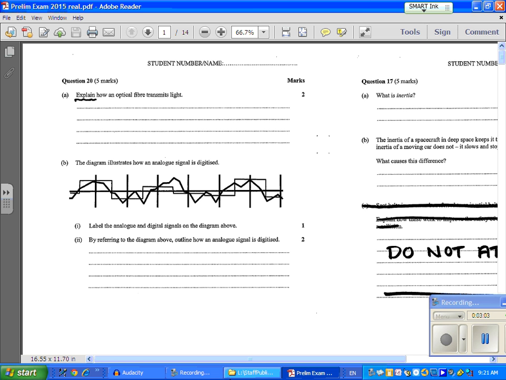The next one, guys, it was really important, it's only 1 mark, and it just asks you to identify on the board here. The square looking wave is digital because it's either on or off essentially, and the wavy looking thing is the analog. And you're supposed to refer to the diagram above about how digitising works. Now, what you will notice on the board is that midway between the lines there,